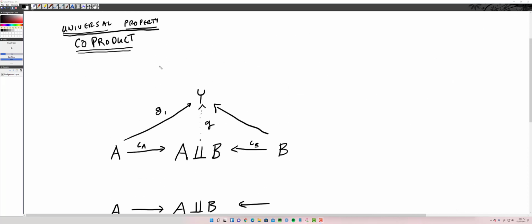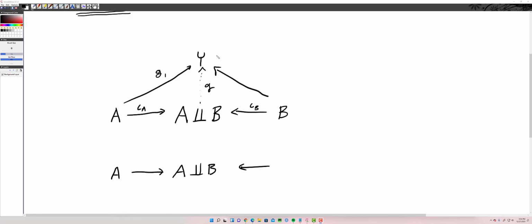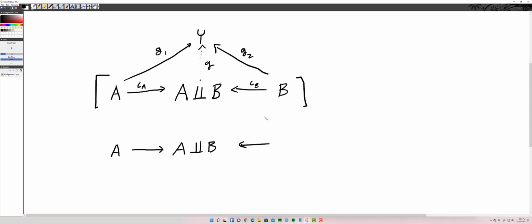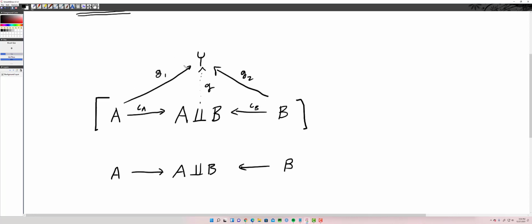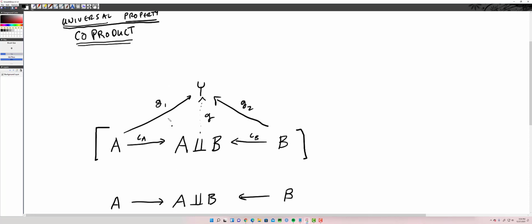Okay, so moving on to the universal property for the coproduct. Very similar. We have this kind of triangular looking construction. Don't freak out. We've got the inclusion maps. Again, we've already seen this part of it, right? This is from earlier when we were talking about a roster of all the children, or coproducts of pets or whatever. And I'm going to do this again because I kind of liked this. Now, the key to this, I don't know if I mentioned this or not. The key to this is that